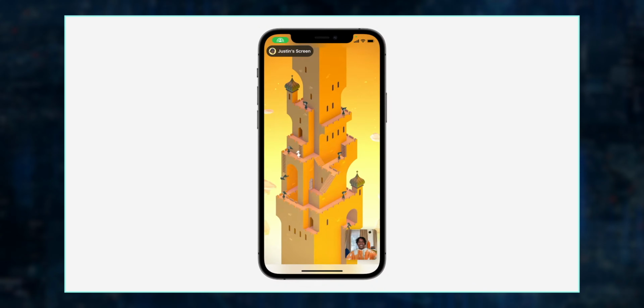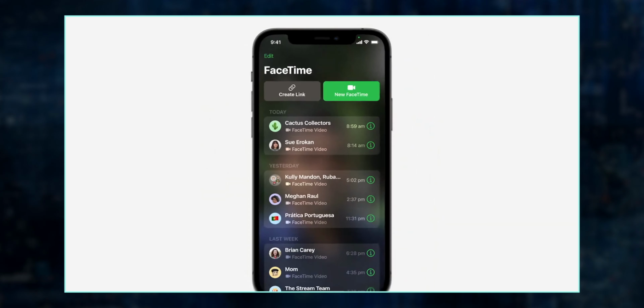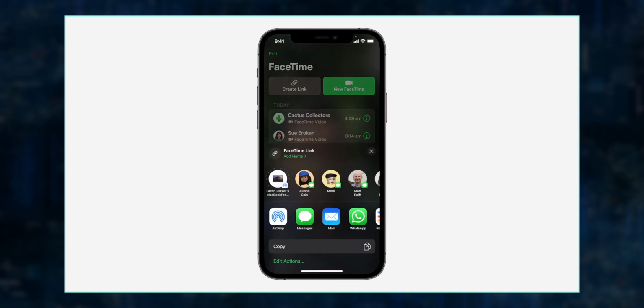So you can watch movies with your friends, you can listen to the same music with your friends, you can share your actual screen. So let's say you're helping a friend change a few settings on your iPhone, you will be able to share the settings screen with this friend. And you also have the option to schedule calls on the calendar and share links, and it's a lot more similar to video call software, so it's definitely more complete right now.